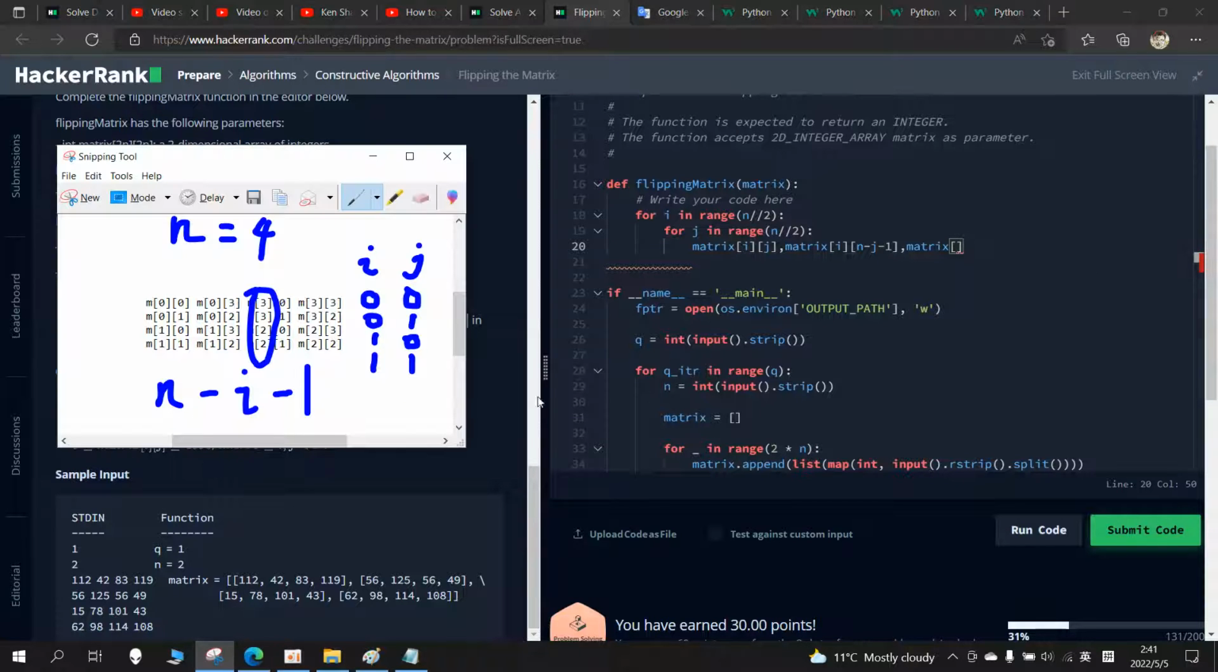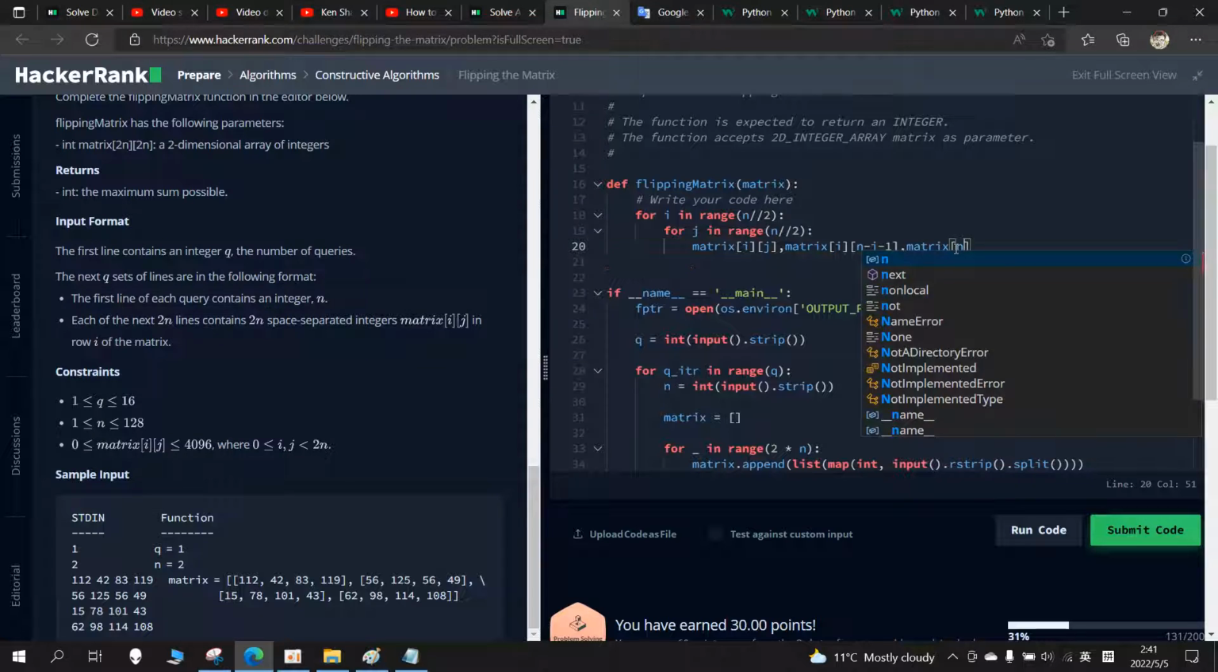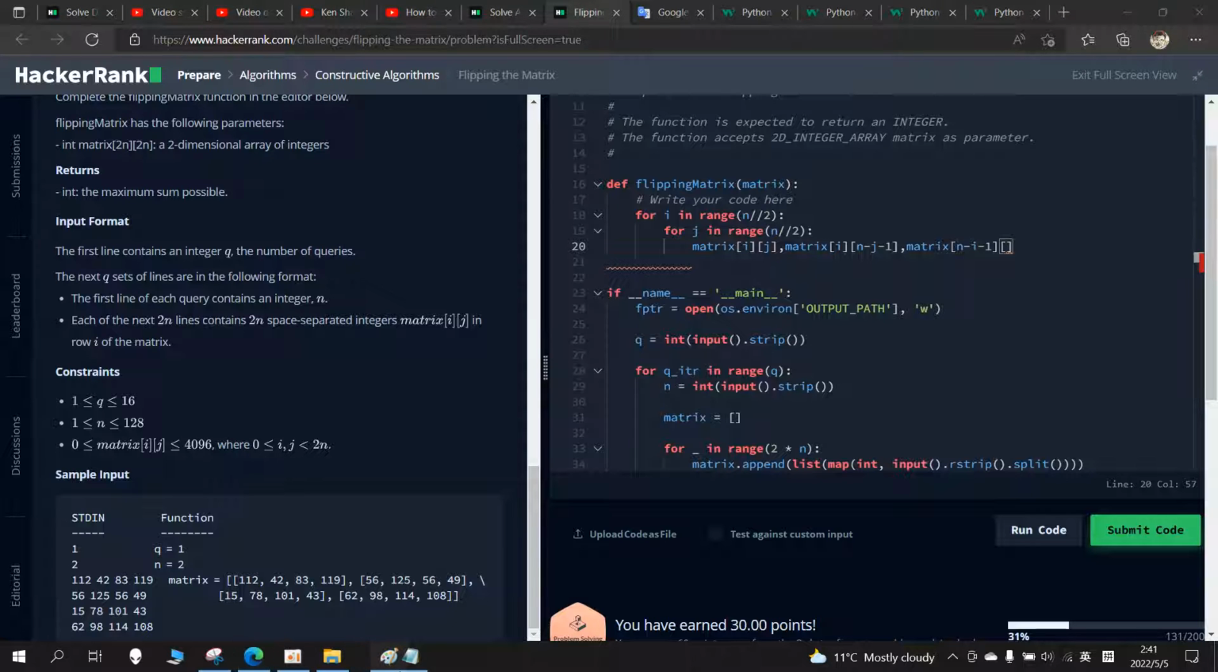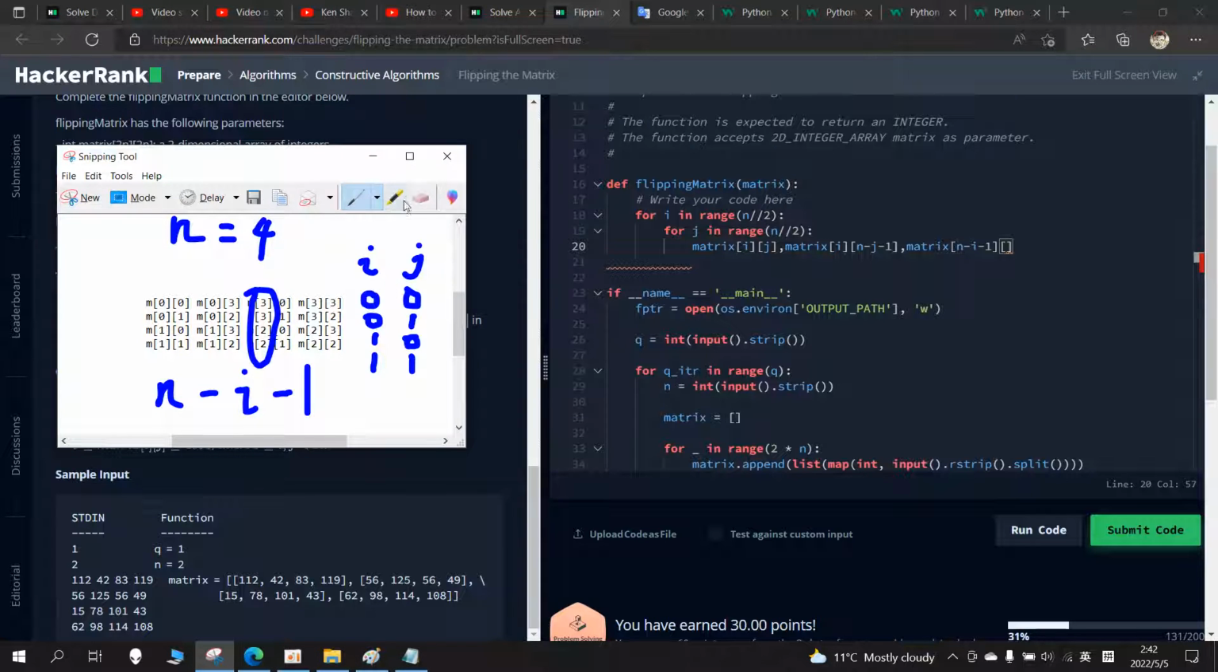What was the previous one? Yeah, n minus i minus 1 here. And then let's think about the second index j. So the second one is, yeah, I'm sure you realize that before I draw it. So 0 1 0 1. So what is this? What's going to be this? So it should be